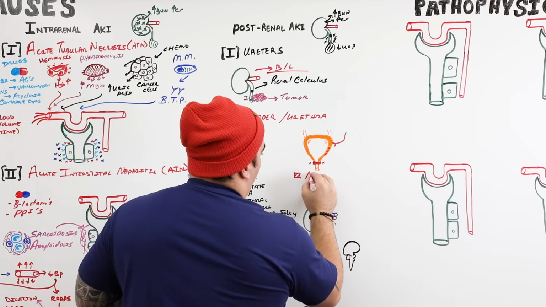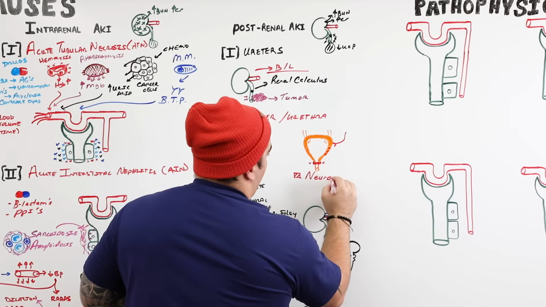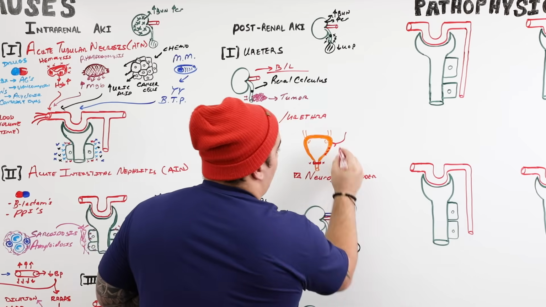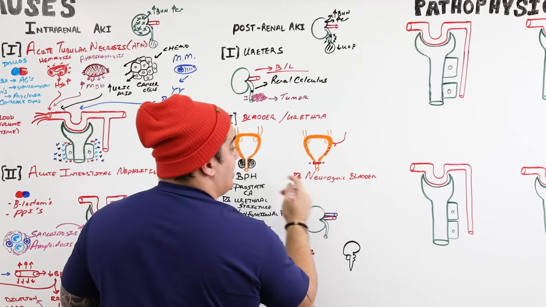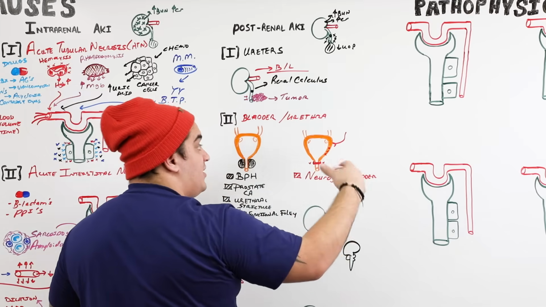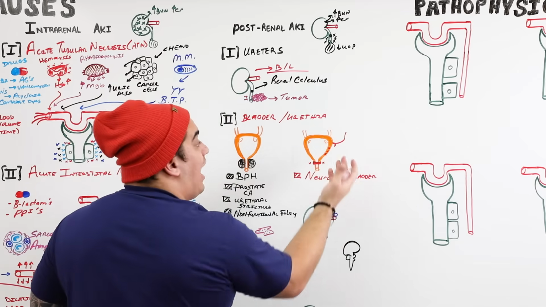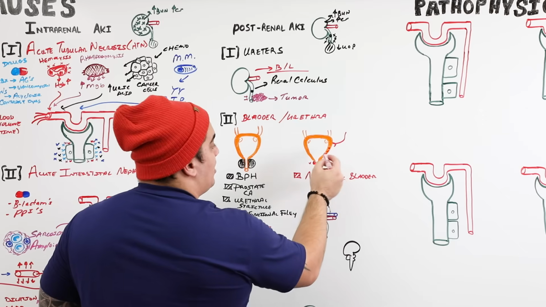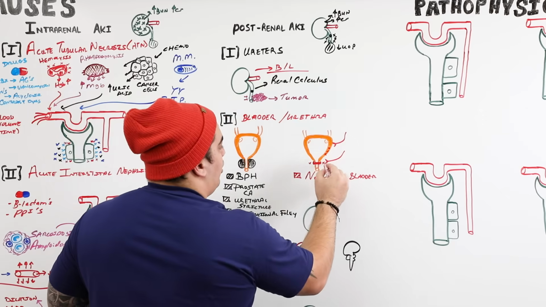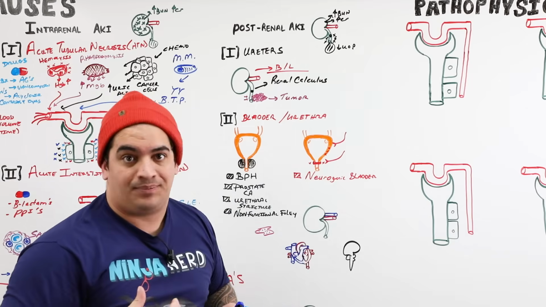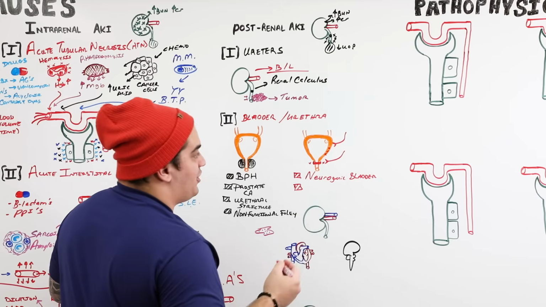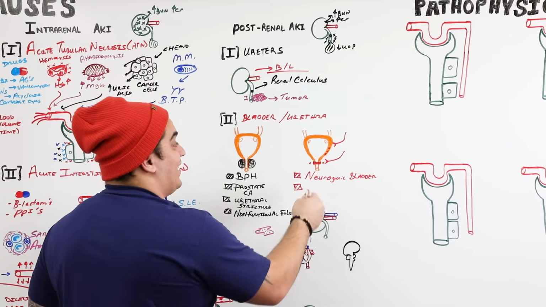This is a condition called a neurogenic bladder. It could be due to a neural issue, such as multiple sclerosis, Parkinson's disease, strokes, or neuropathy, a bunch of different things. But there's some issue where the detrusor muscle isn't contracting as much, or the urethral sphincter is over-contracted.